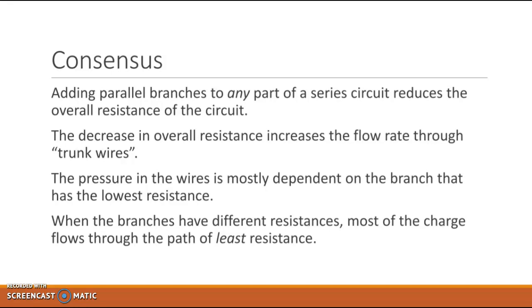Whenever you add a bulb in parallel, it's always going to reduce the overall resistance of the circuit. That's why whenever we added something in parallel, no matter what we added, we did see the